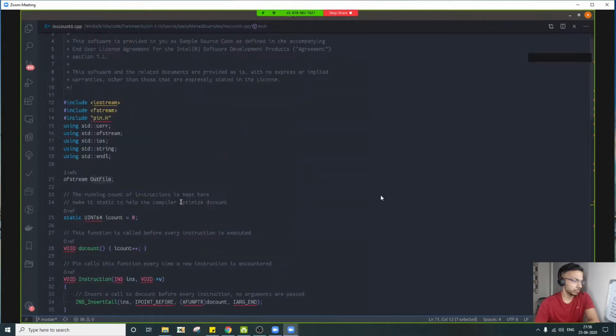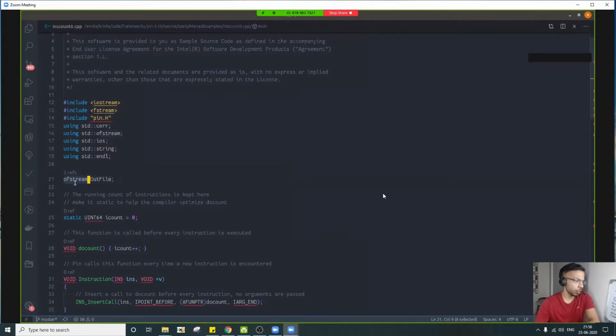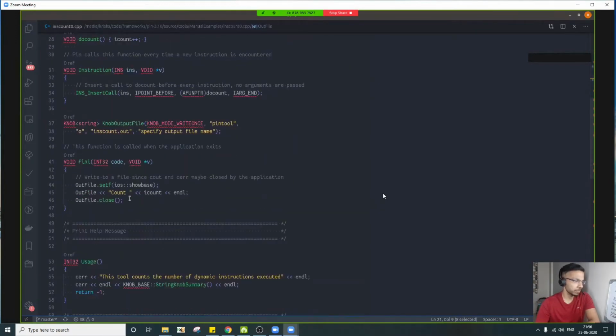So we need a separate file to put our output into. You can't print to standard output or the command prompt.